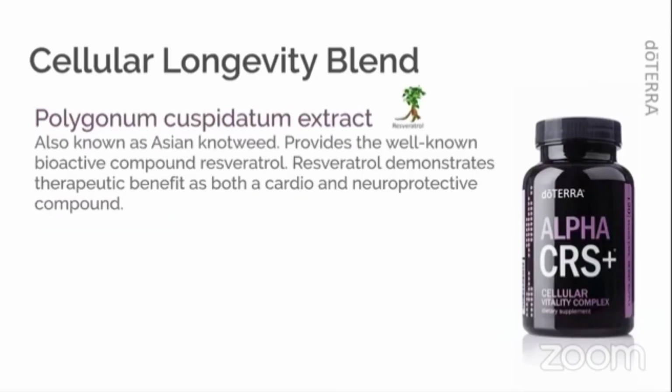Polygonum cuspidatum is also known as Asian knotweed. This particular plant provides the well-known bioactive compound resveratrol. Resveratrol demonstrates therapeutic benefit as both a cardio and neuroprotective compound. Research indicates that the phenolic compound resveratrol exhibits both endogenous antioxidant enzyme activity, as well as epigenetic regulation of the